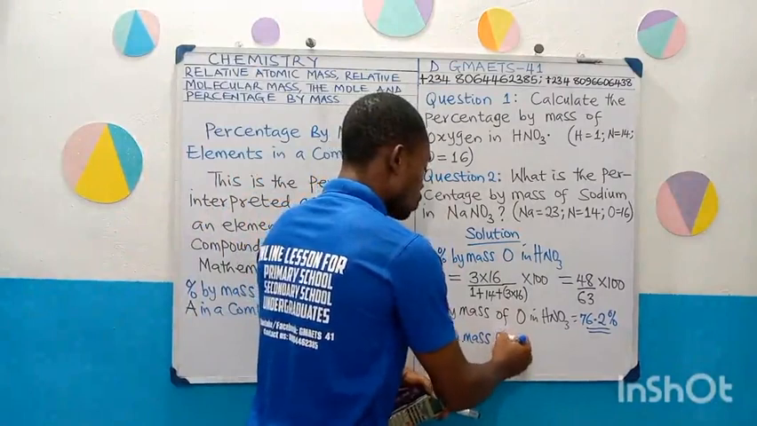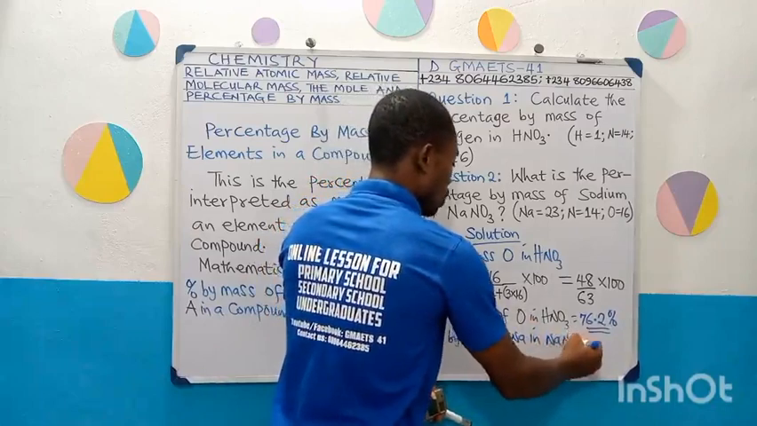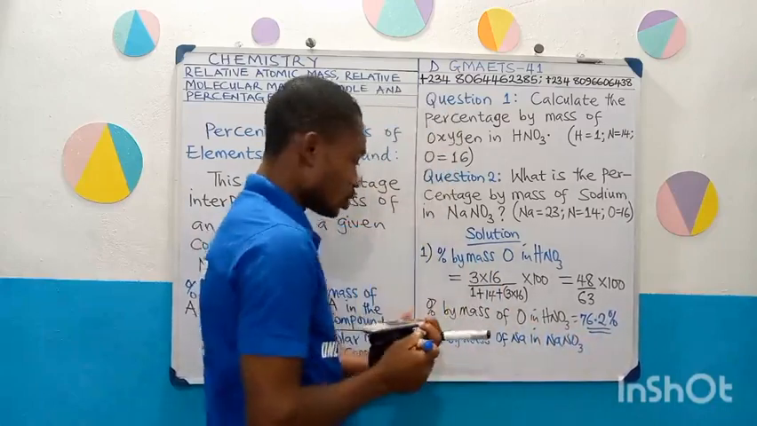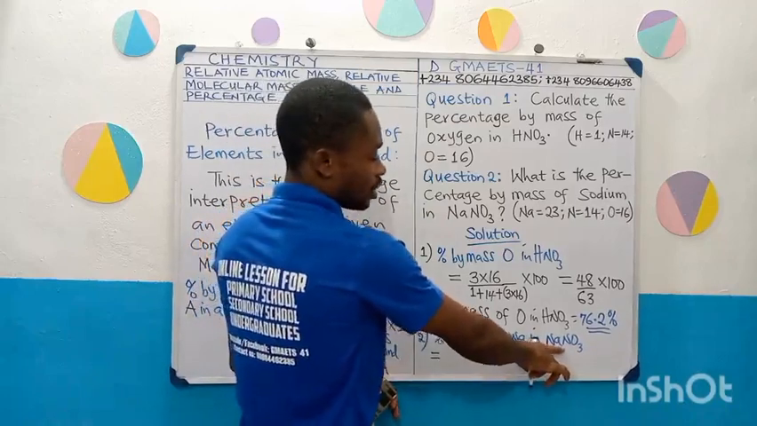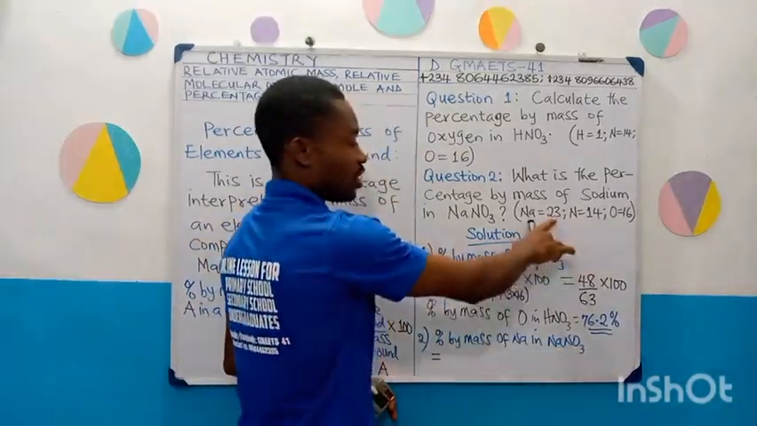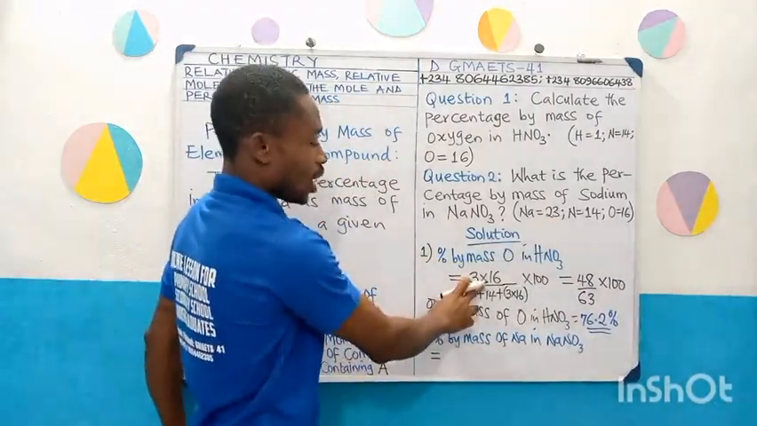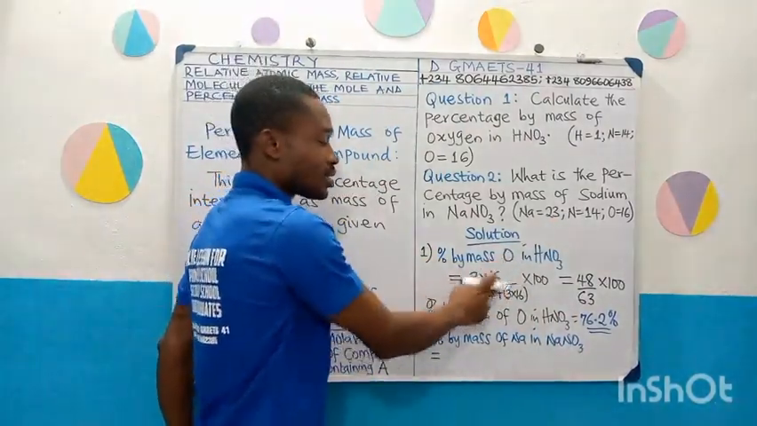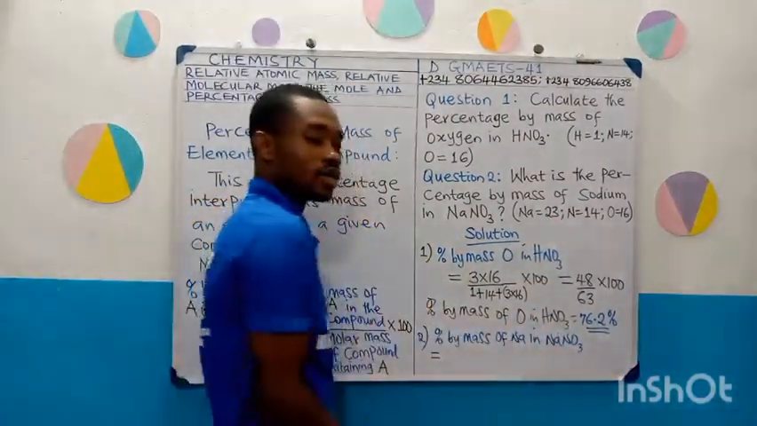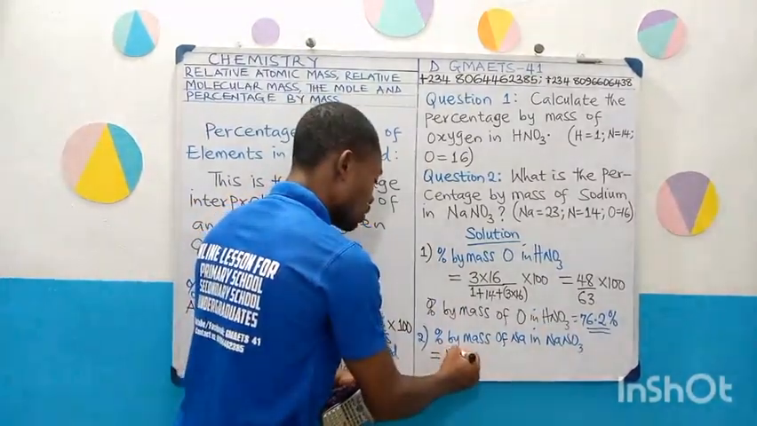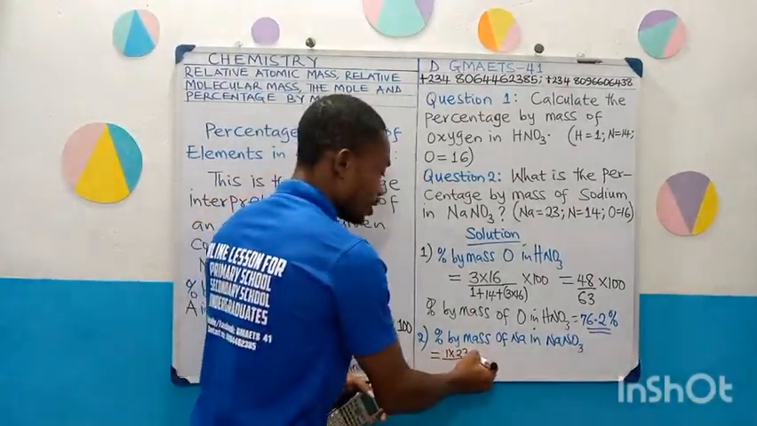Percentage by mass of sodium in sodium trioxonitrate 5. So that is going to be equal to sodium. The mass of sodium in this compound is 23. Because you can see the relative atomic mass, 23. And it is only one atom, so it will be 1 times 23. Take a look at this one. That of oxygen in question 1, I did 3 times 16. Because oxygen is 3 atoms in the acid, okay? But in this case, sodium is just 1 atom. So it's going to be 1 atom times 23 divided by, we are now going to add the relative atomic